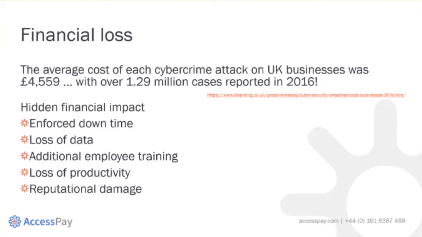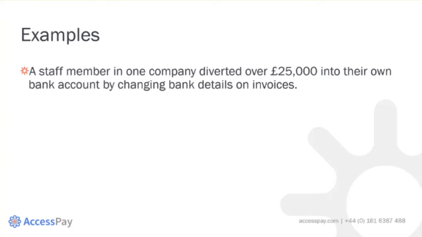And of course, there is reputational damage, as Andy pointed out earlier. People are becoming more and more brand aware, and if a brand becomes associated with fraud, it can have a huge financial impact. We've now got a couple of examples. An employee of one company was able to direct roughly £25,000 into their own bank account by simply altering bank details on invoices. This is an example we spoke about earlier of a super user, an employee that's been given the responsibility to edit and submit the process and invoice payments.